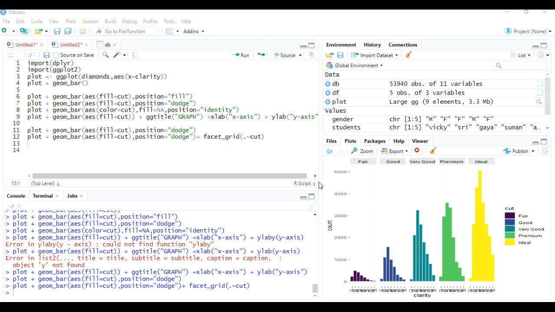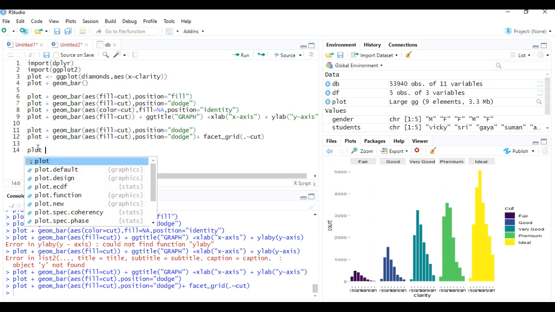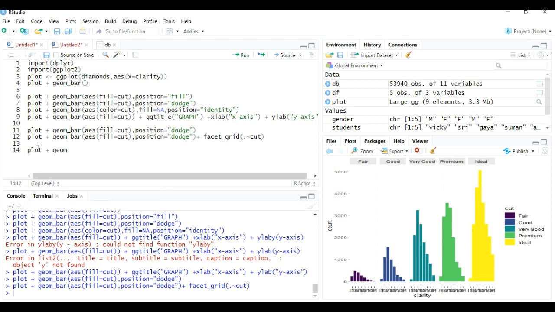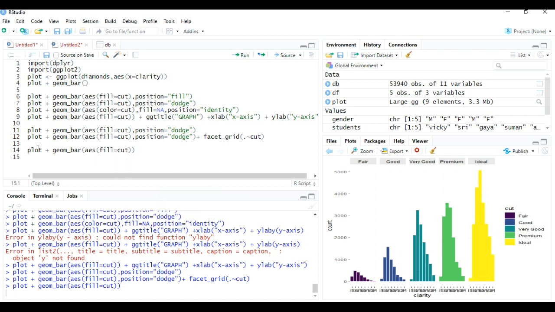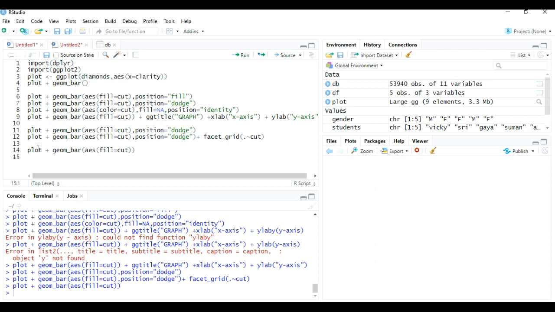Now at last I am going to show how to add a polar coordinate graph. So for that I will type plot plus geom bar. In aesthetic function I am going to use fill equals to cut. Just run this line and see what output we are getting.